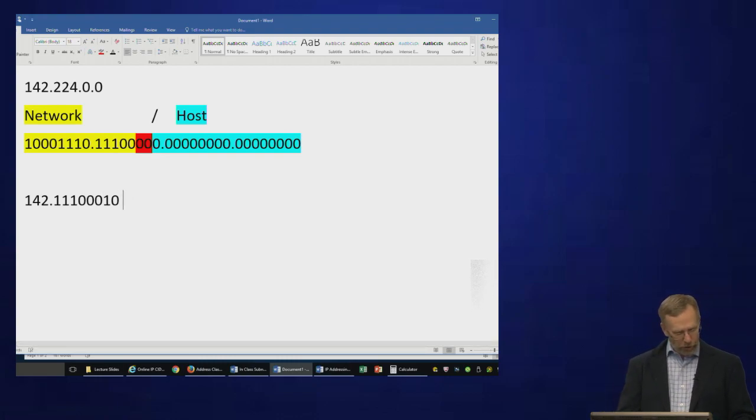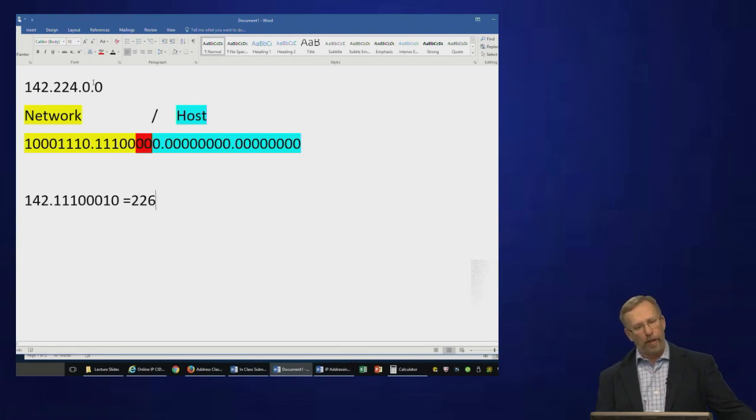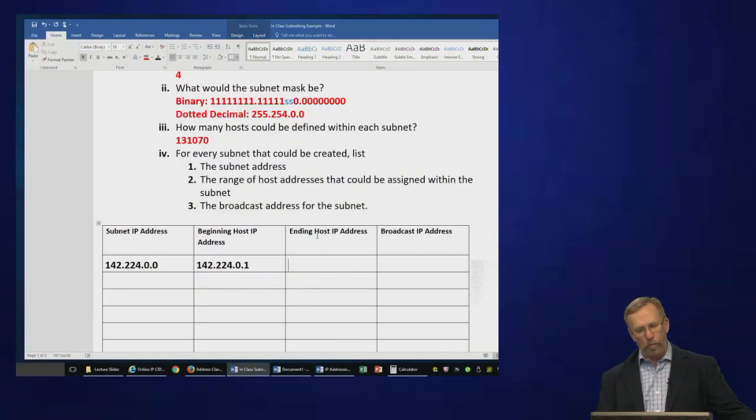So this second section equals 226. That means that the first section is going to go from 142.224 up to 142.226. And so if I go back to my chart here,